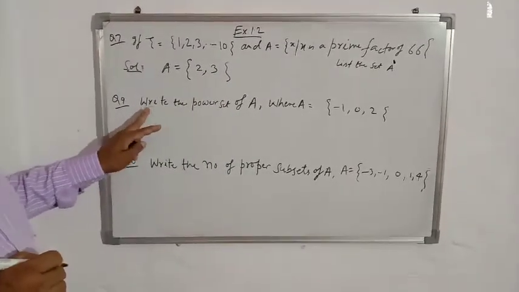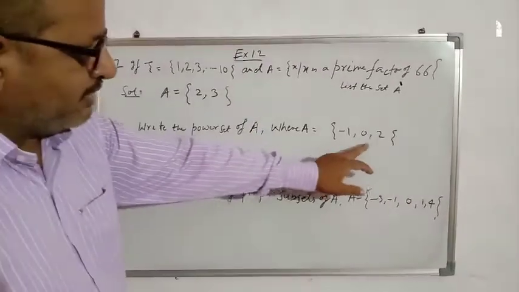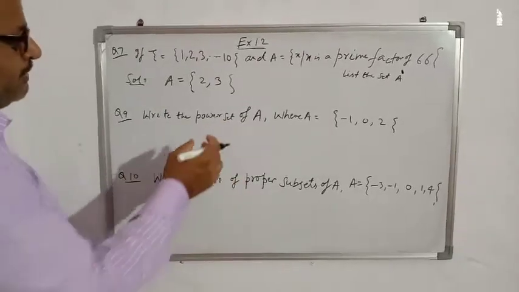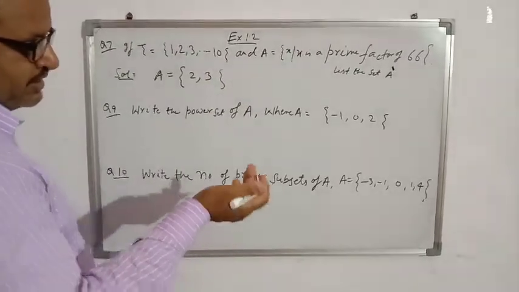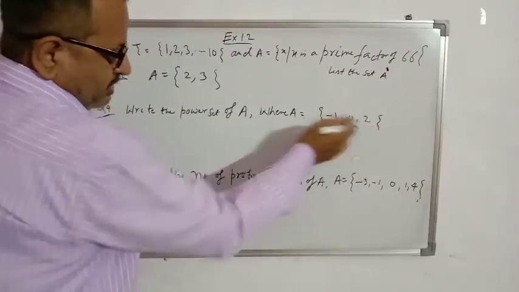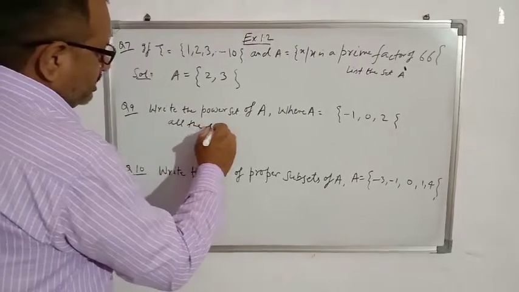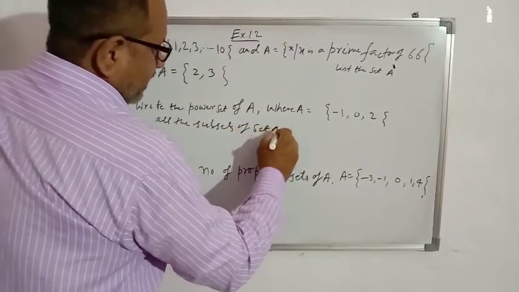Next question, question number 9. Write the power set of A. Set A is given as {-1, 0, 2}. What is the power set of A? I have told you already, the power set of any set is the collection of all the subsets. Firstly, we will write all the subsets of this. So the subsets of set A are